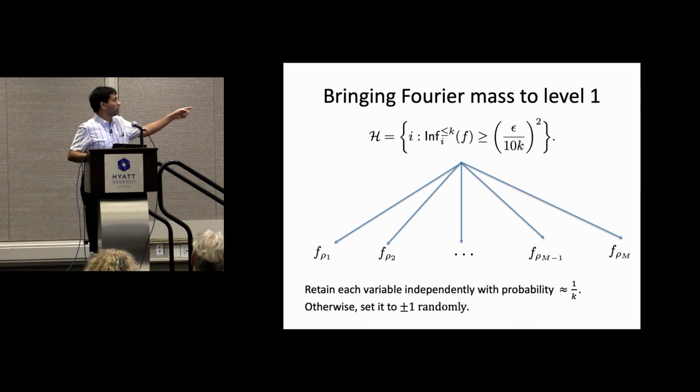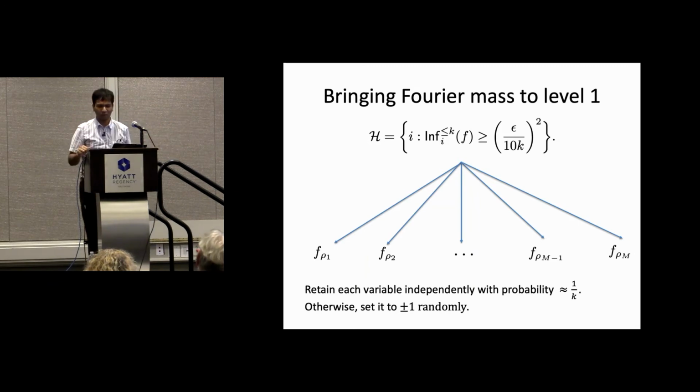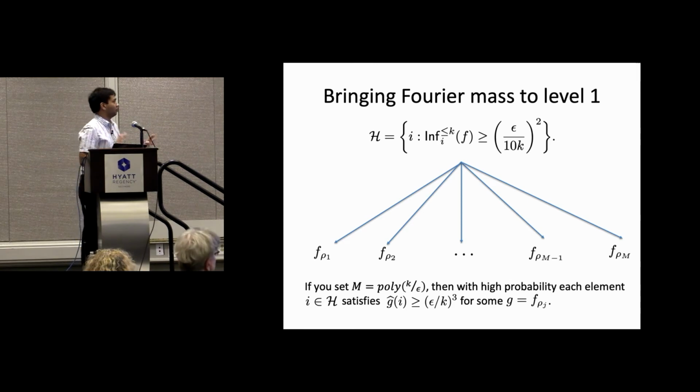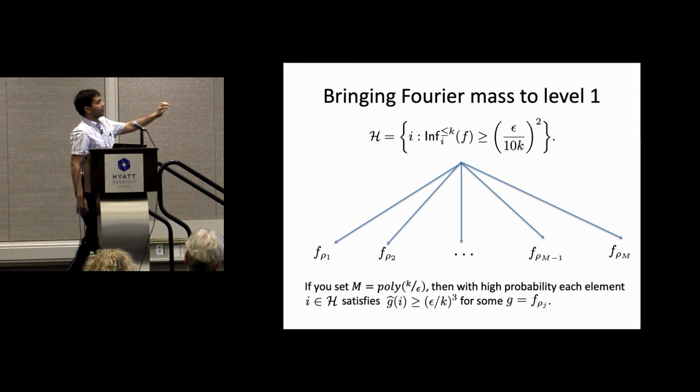If you do this once, you will get f_rho1. This is the function f obtained after one random restriction. Do this a few times, about poly(k/epsilon) times. And what one can show, and I'll tell you how to prove it, it's easy to do, is that if you repeat this about poly(k/epsilon) times, then with high